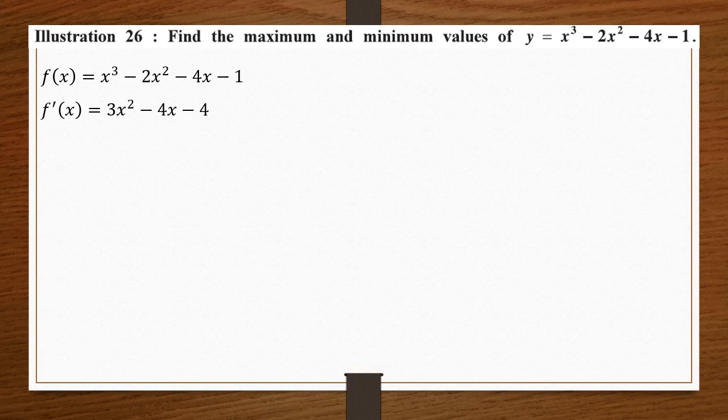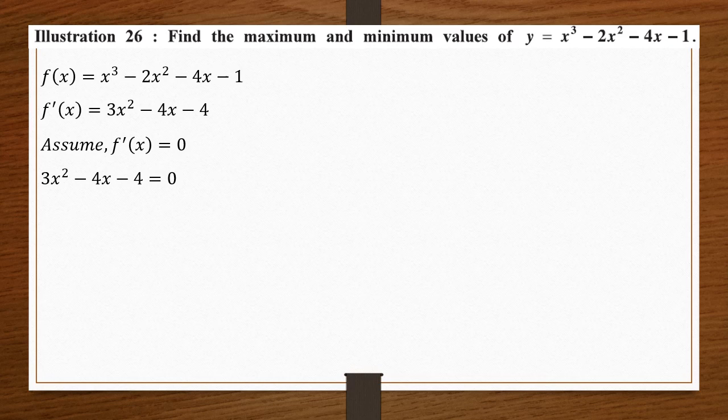Now what we have to do is we have to assume that f dash x is 0. Okay, that is 3x square minus 4x minus 4 is 0. Now we have to factorize them. How do we factorize? We have to multiply the first value and the last value and try to get the middle value equal to them. The first value here is 3, the last value is 4, so 3 4s are 12. So I need to make my middle value 4. I need to split it into two values with which we can make it a 12.